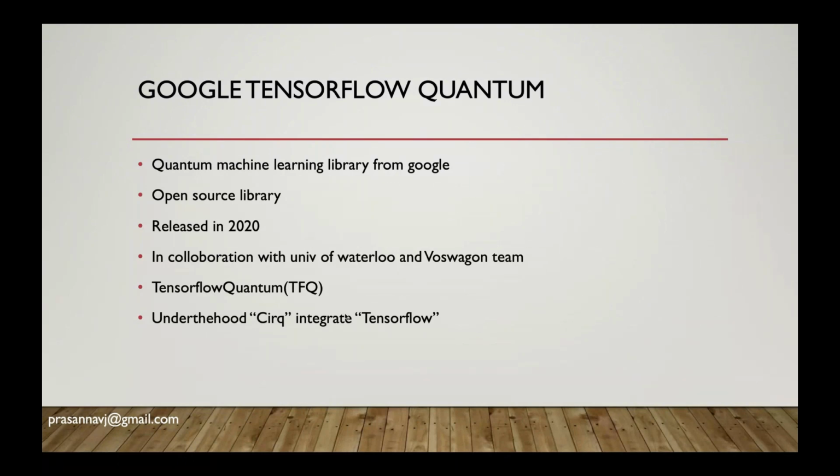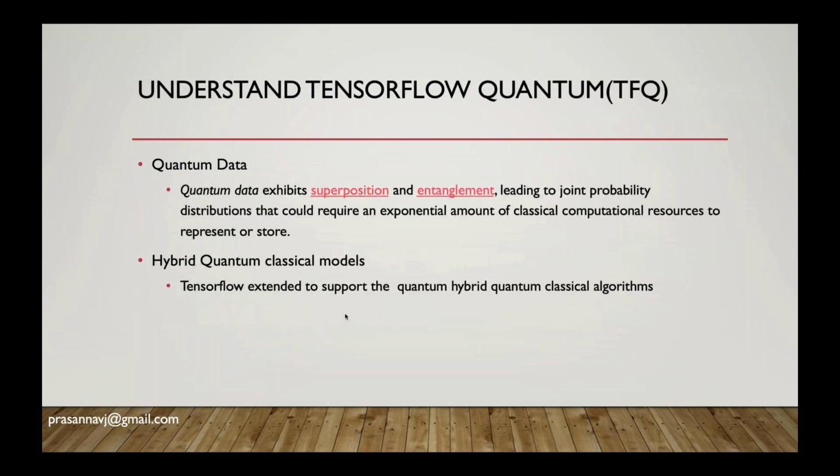TensorFlow has been used for your machine learning operations for quite some time now, and how beautifully they have integrated Cirq as part of their execution is the beauty of TensorFlow Quantum as such. So, before we understand, there are some constraints in terms of how we are actually interacting